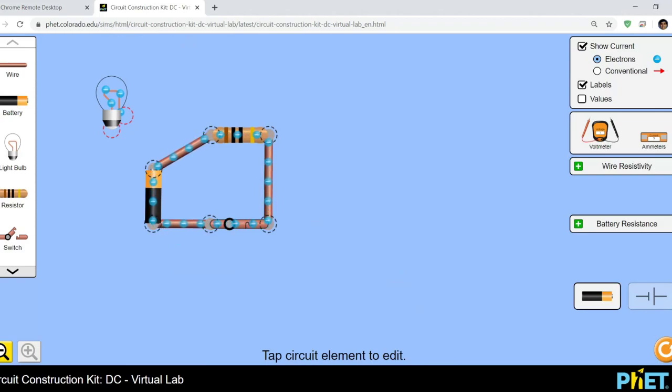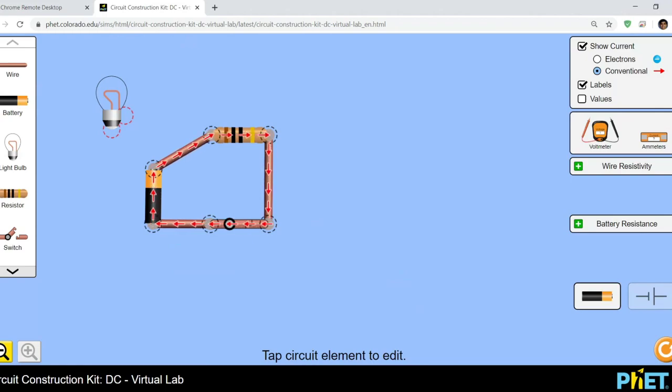Okay, these blue things are electrons, as you can see on the top right. This is showing you electron flow. But we don't want to see electron flow. We want to see current flow. And this is our conventional current. By convention, we've established that we have positive charges that are moving from the positive side, the top side of the battery, to the minus side of the battery. Then it goes through the resistor and then back to the bottom.